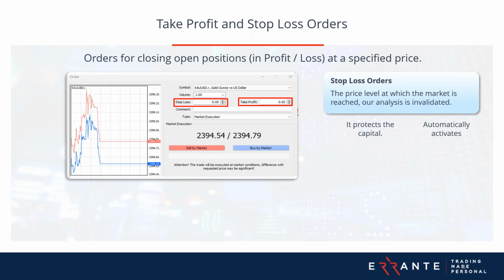Moving on to take profit orders. These are set to automatically close your position when the price of the asset reaches a level that realizes a desired profit, as shown in the graphical presentation for the order setup. This is particularly useful in securing profits before the market can reverse against your position. And as indicated here, the main purpose of